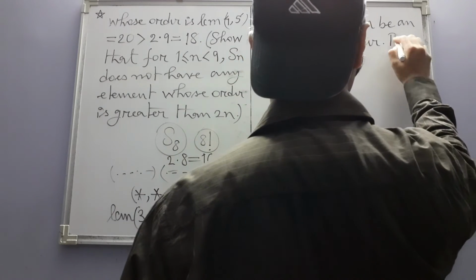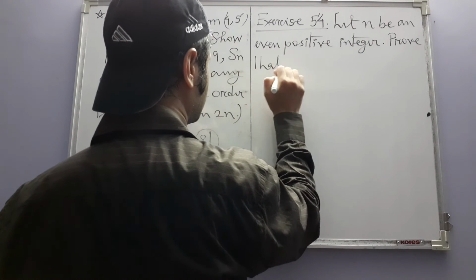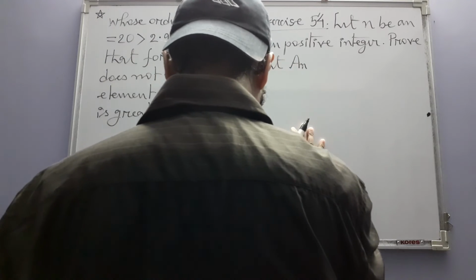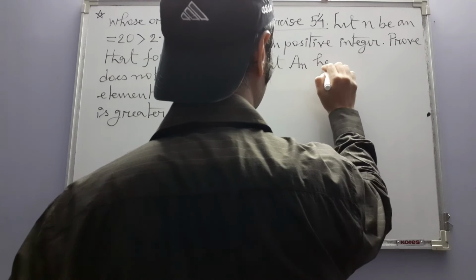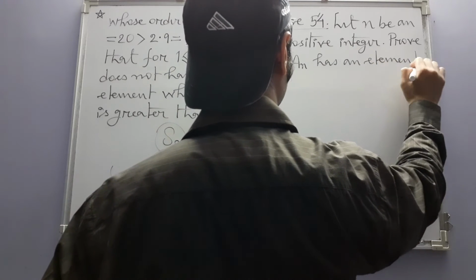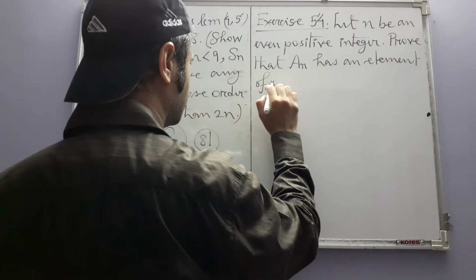Prove that the alternating group of degree n, An, has an element of order greater than n